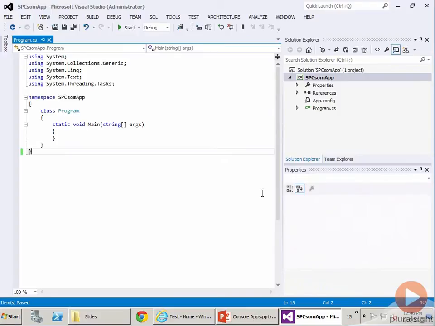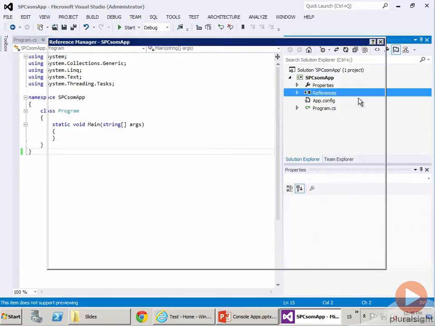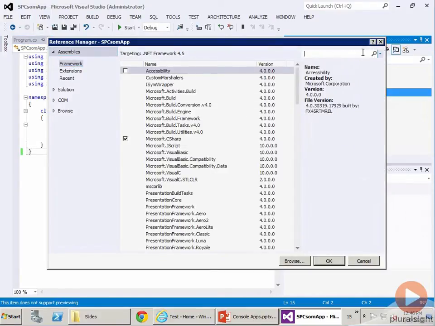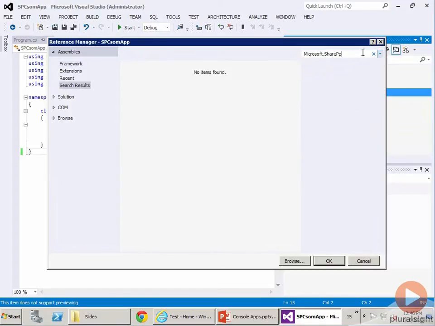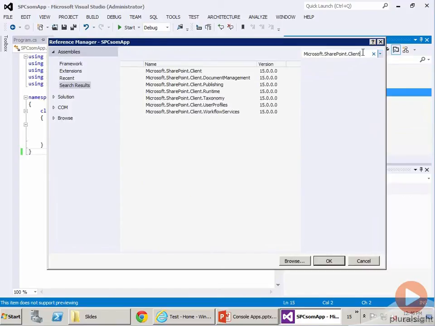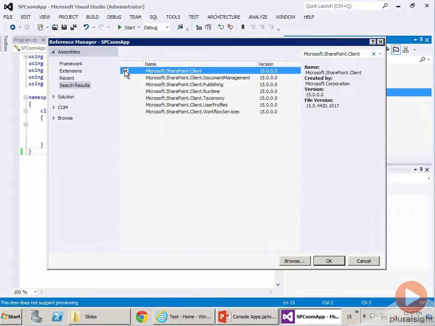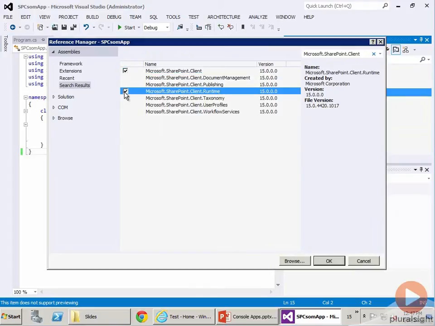So I'm going to go ahead and add a reference. And I'm going to add a reference to, let's look for this, Microsoft.SharePoint.Client, right? And these are the two references I want: Microsoft.SharePoint.Client and Microsoft.SharePoint.Client.Runtime, right? This is certainly one way of doing it, but another way of finding those DLLs is that you